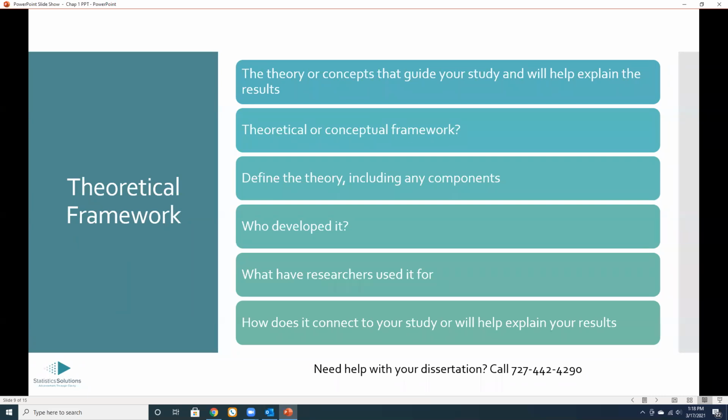But there are some different theories. Although the definitions are kind of similar, there are different theories about self-efficacy. So, if you're using Smith's theory of self-efficacy as the basis for your study, you don't want to use Jones's instrument that's based on Jones's theory. You want to use Smith's theory of self-efficacy that aligns with the instrument that you're going to be using. Okay, so if that makes sense,